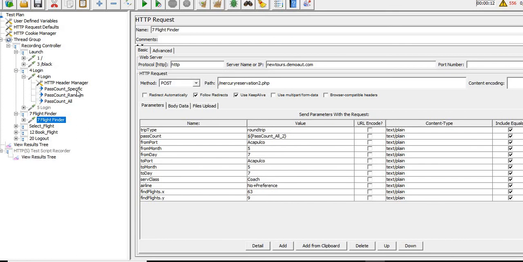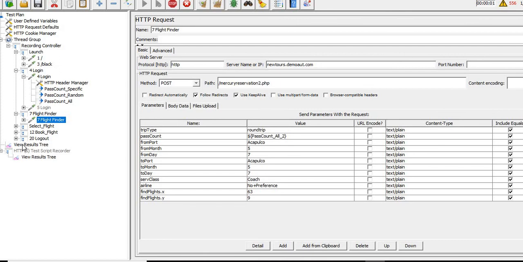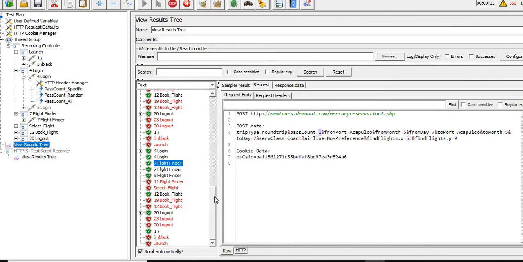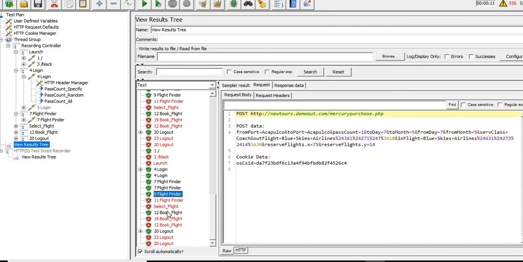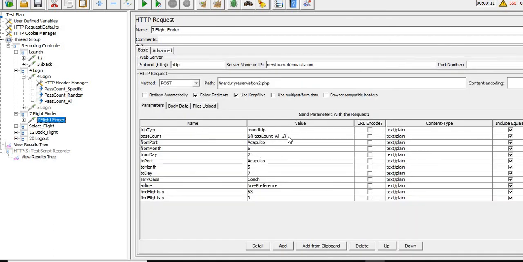Let me replay the script for you, and we'll see what happened this time. It should pass the second value from the drop down. I'm clicking on the execution button. Let's go to view result tree and see. Launching the application. The IDX request got executed. If you can see, it has selected the second value from that response. Why? Because we have marked 2 over here.